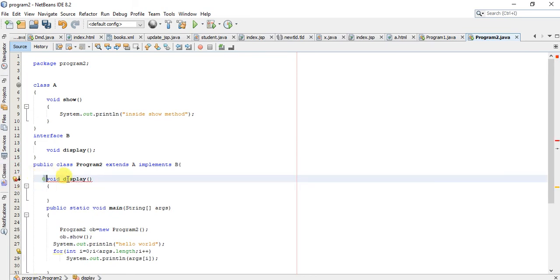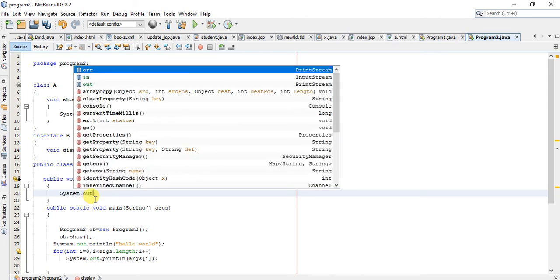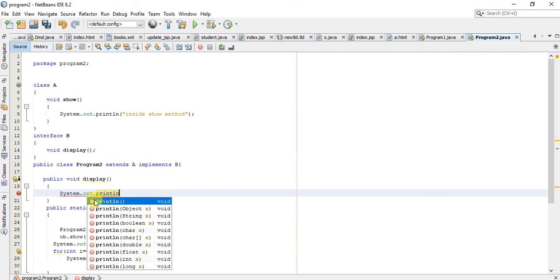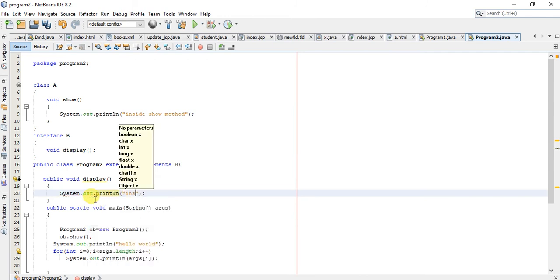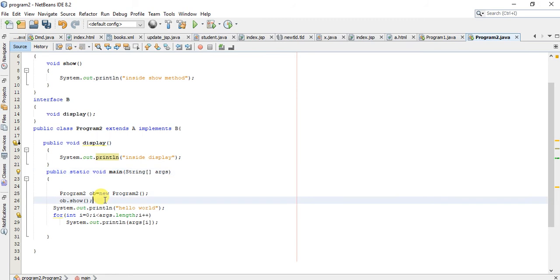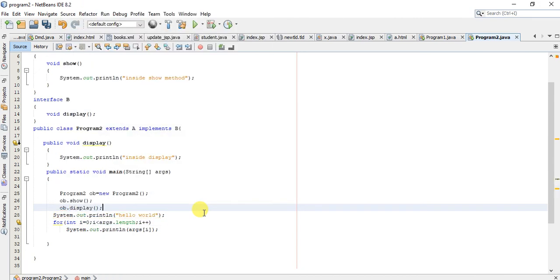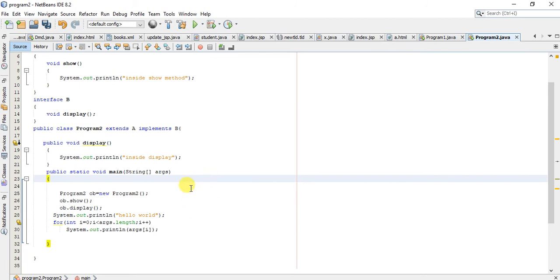I need to write public here, and System.out.print inside display. So using the same object, I can now use ob.display.